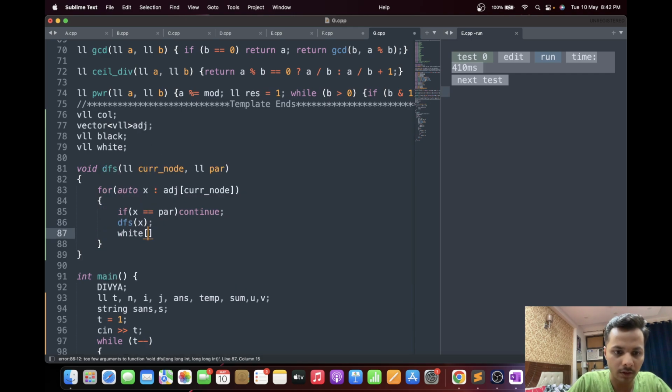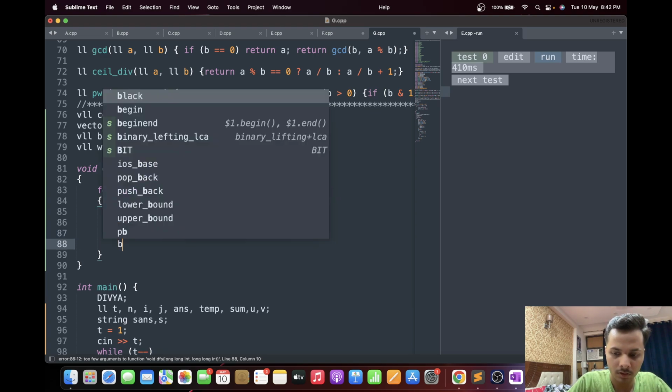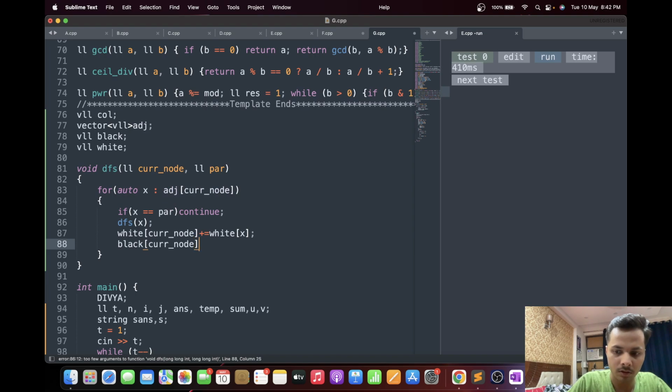So white of current plus equals white of X, black of current plus equals black of X. Okay, cool.